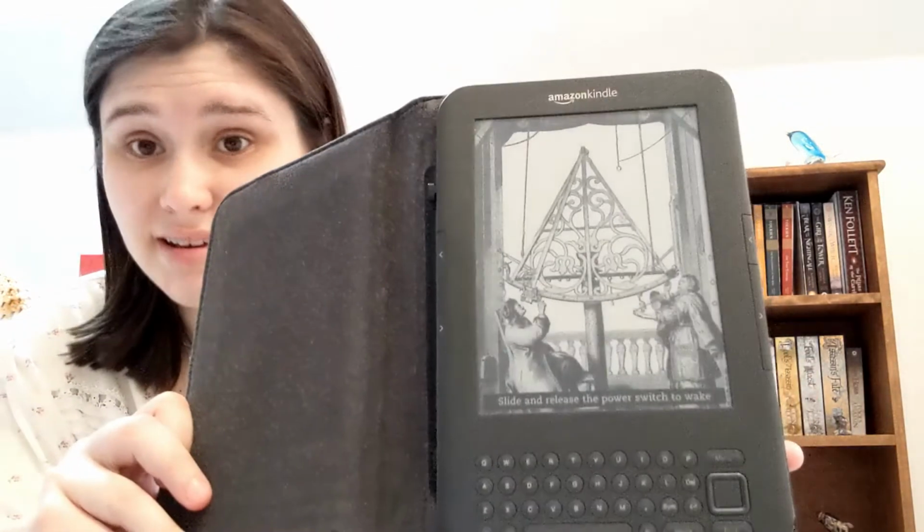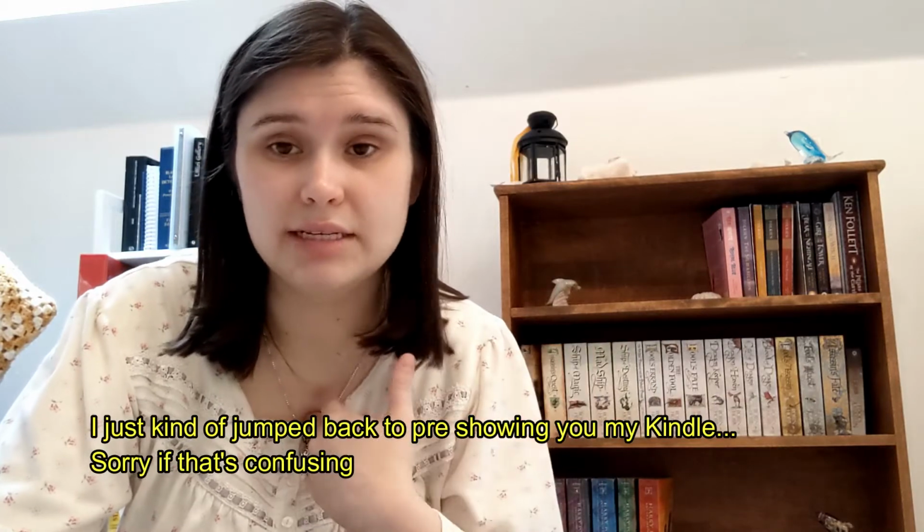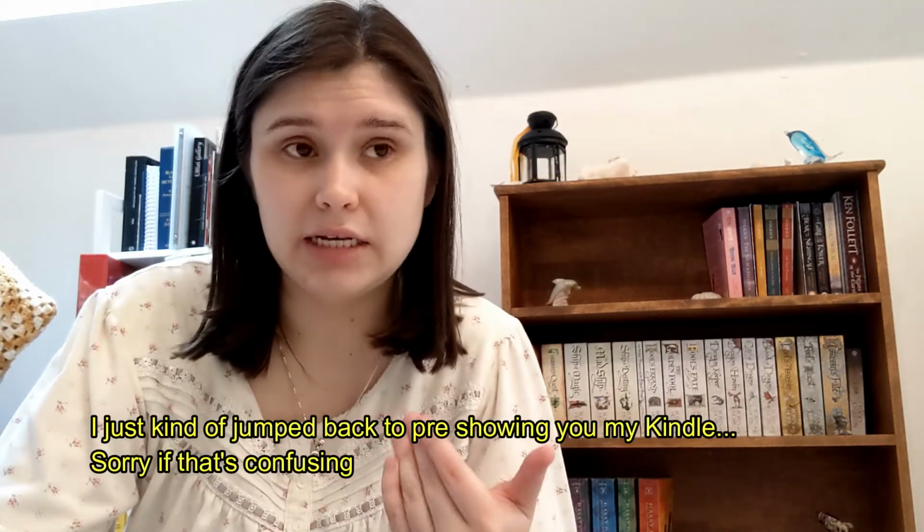So you guys know I primarily read my books on an e-reader, and I have my Kindle here. It's a nice big boy. I have an ancient Kindle keyboard, as you can clearly see. I think that's a great feature to have because I have a lot of books that sound really great, but there's just something about the book that kind of